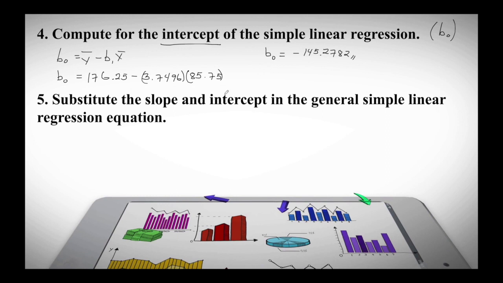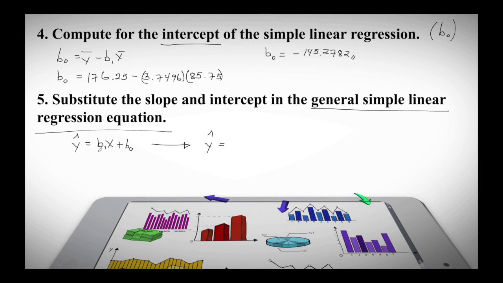Now substitute the slope and intercept in the general simple linear regression equation. Again guys, when we say general simple linear regression equation, this is y hat equals b sub 1 x plus b sub 0. This is the general simple linear regression equation. So since we already have the values for this, our general simple linear regression equation will be y hat equals